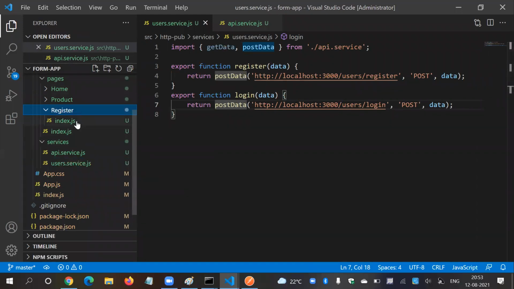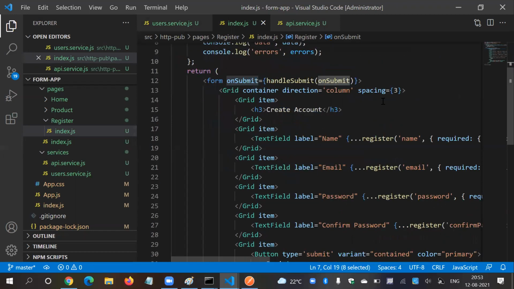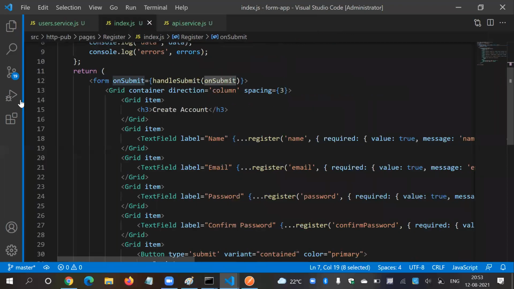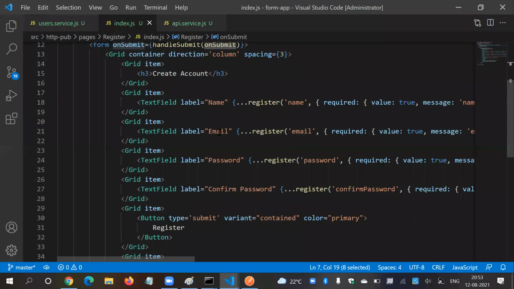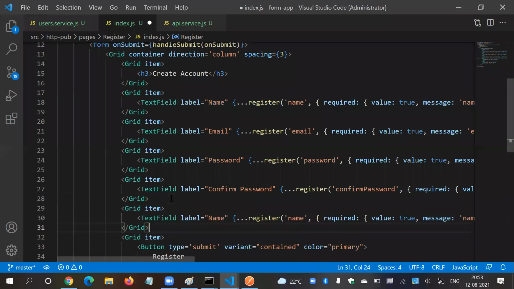So let's try this API call in our file. Which file? The registration file over here. If you remember, here is my on submit. Here is my form. We have name, email, password, confirm password. Guys, temporarily I'm going to use gender as a text box.